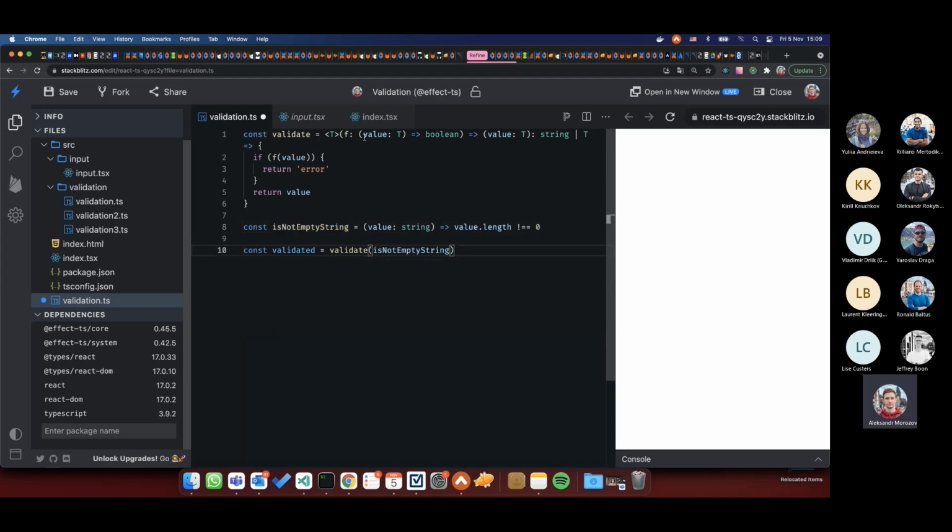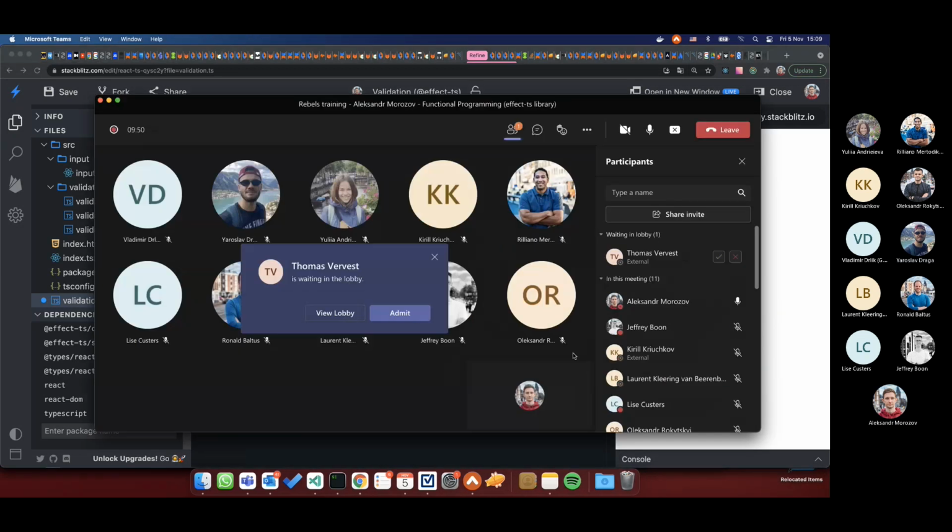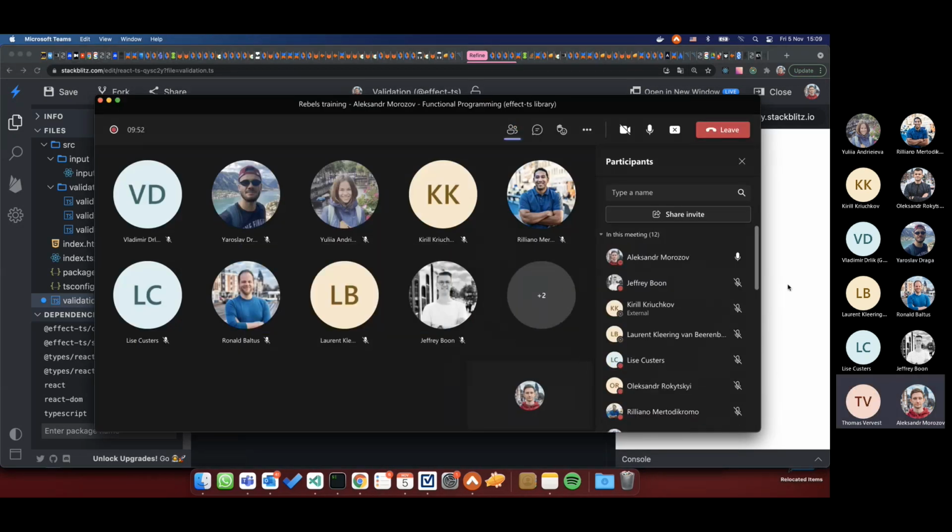So if it's not empty, the function goes here. Then we provide some value, and the function is called here. So if it's not, oh, let me think. Yeah, it should be empty. If it's empty, then we